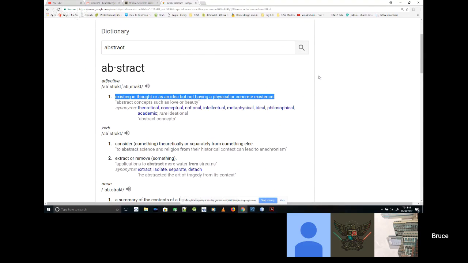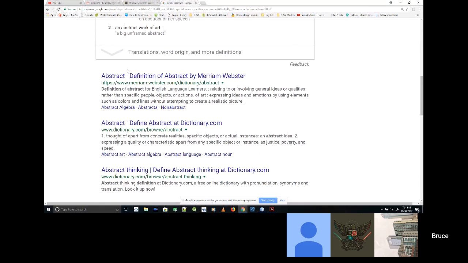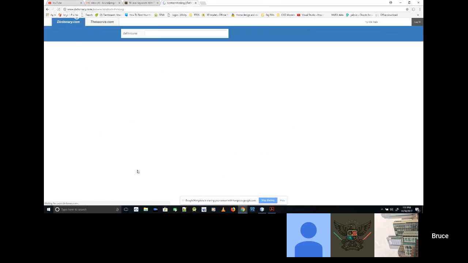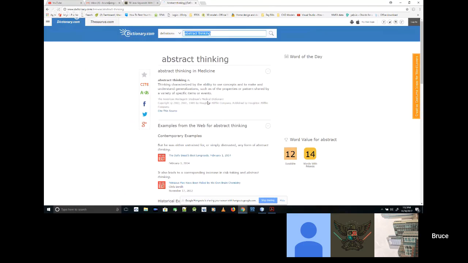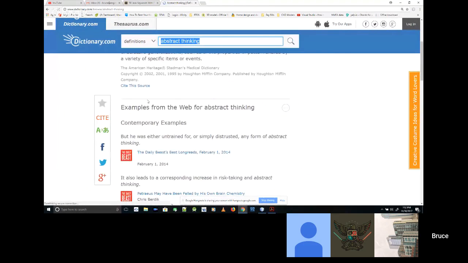Have you ever heard somebody say, that's kind of an abstract idea? Theoretical. Basically a model or an idea. Do we have the idea here? I think so. Let's see if there's a better way to define it. What is abstract thinking? Let's get an example here.